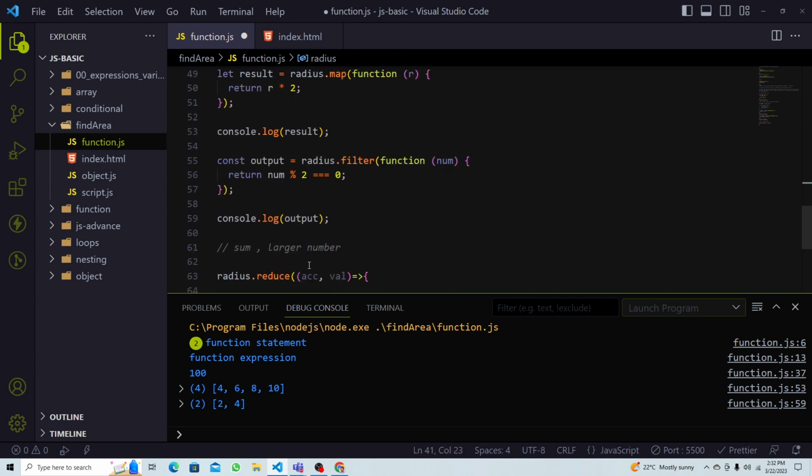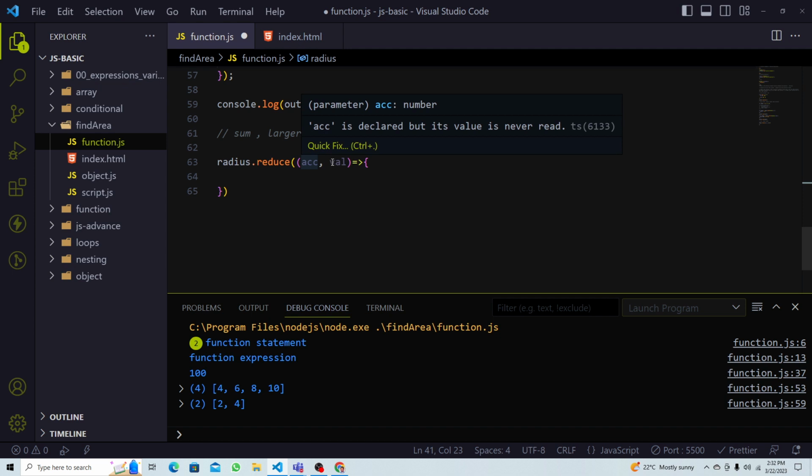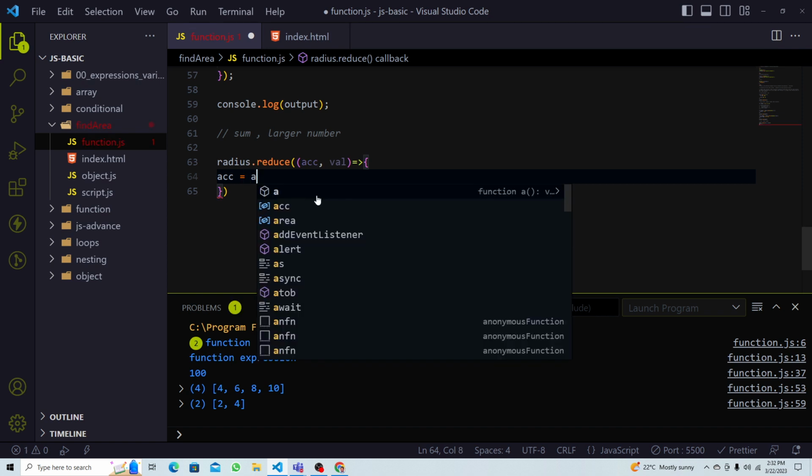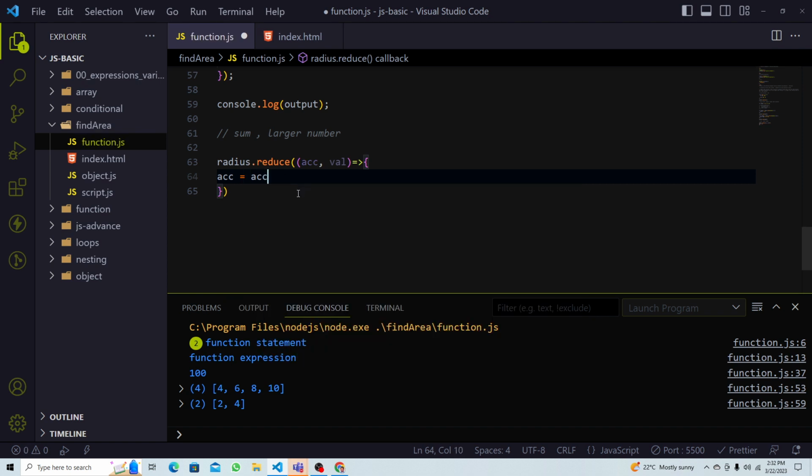Because all these functions are like a loop, right? It's gonna get each item from the array. So how is it gonna work now? This is accumulator, right? It's gonna accumulate. So accumulator equal to accumulator whatever there, plus